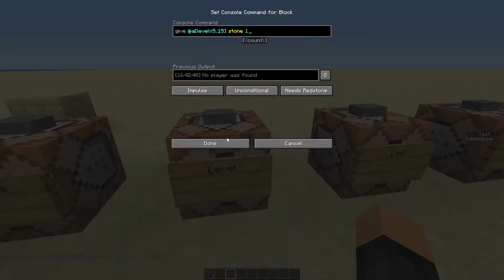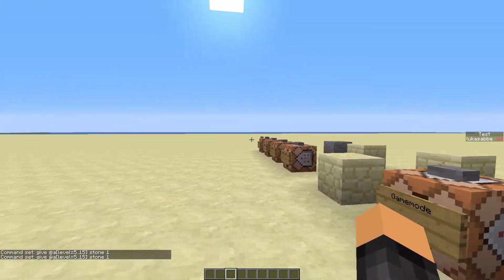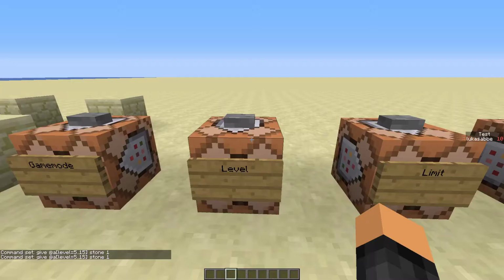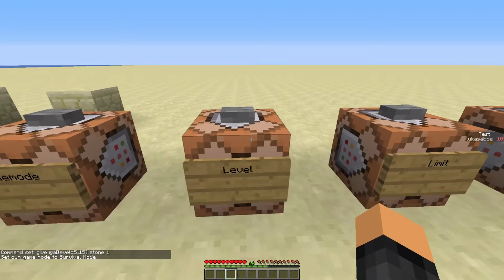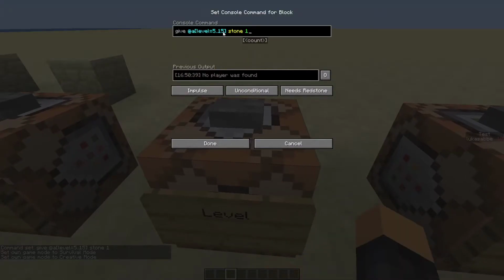Okay, this is going to check how many levels you have. So this is like the distance command. It's using dots. So here it is. Between 5 and 15 levels, it will give me a stone. So if I go into game mode survival here, I have 16 levels. It won't give me anything. But if I go into creative again,